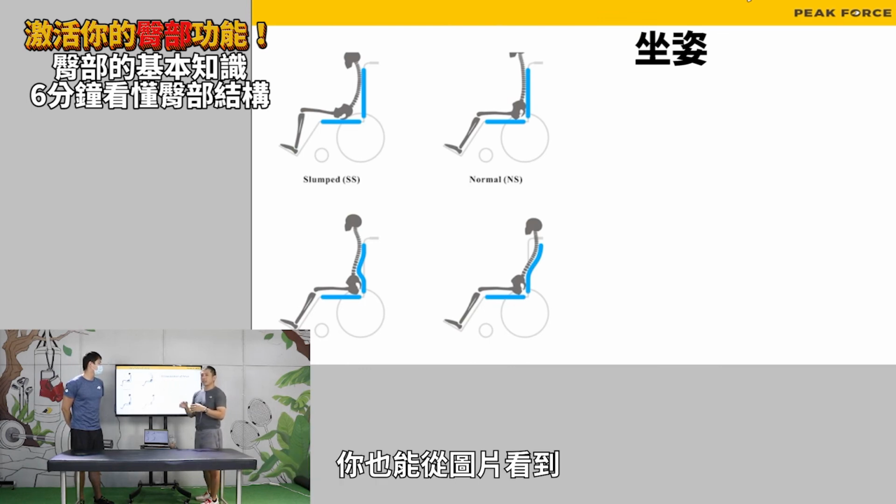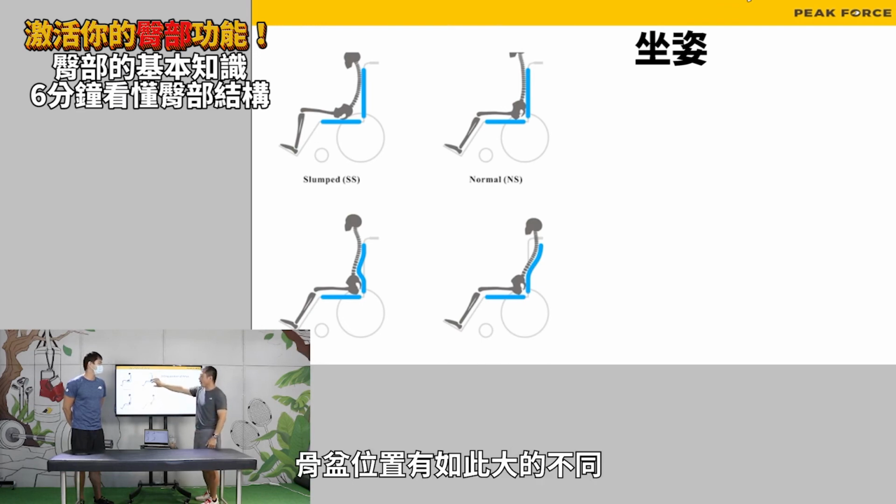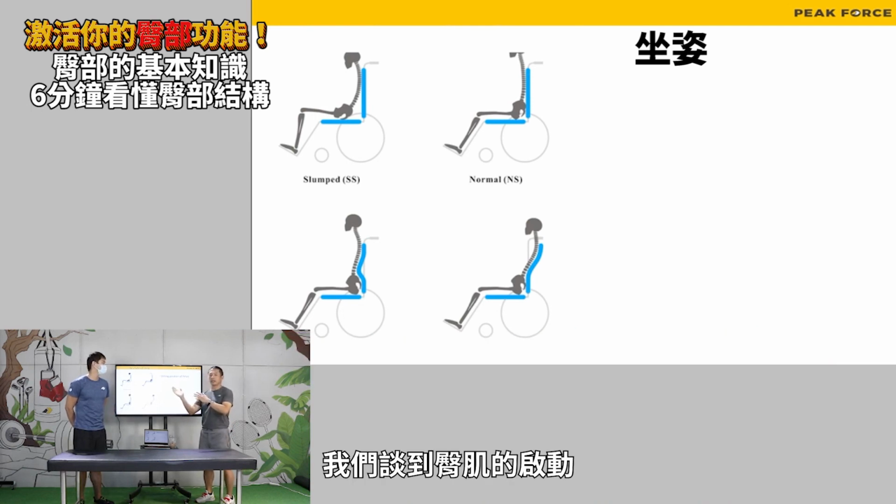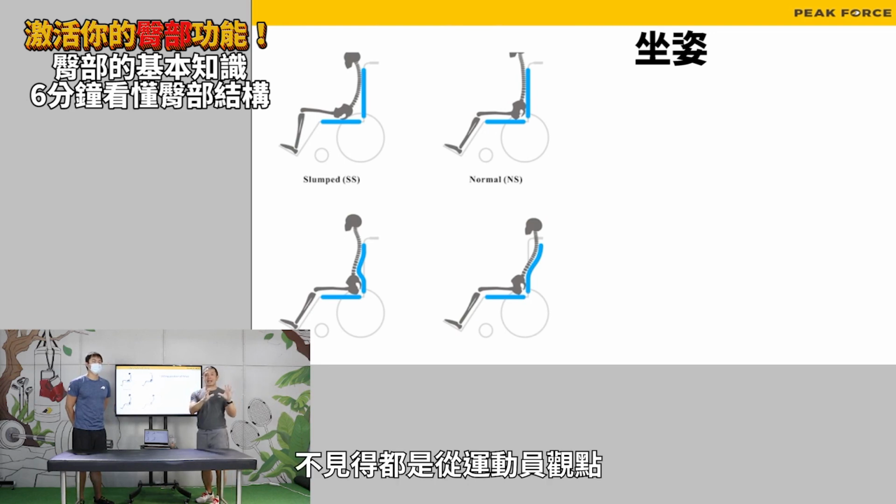And then you can see this from the image that however you sit, okay, the pelvis position is so different, and then that changes your spine angle as well. 好,那接下来我们讲到是这个坐姿的情况下你的骨盆的状态。那可以看到这上面的图案,它每一个坐姿呢都有一个不同的骨盆情形。那也有些可能你要开车啊,或是坐办公室一整天,都可能是在图上的这些状况之一。 So as you can see here, I'm talking about the hip muscle activation, not only from the athlete's perspective,